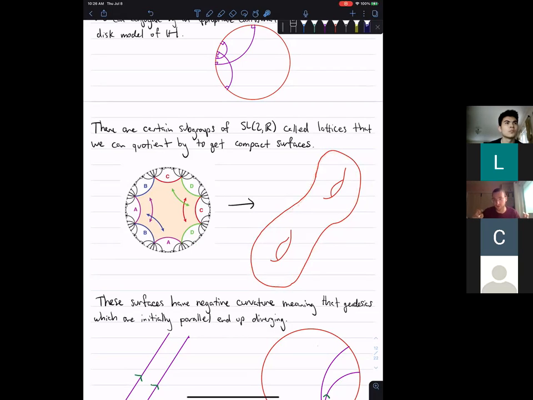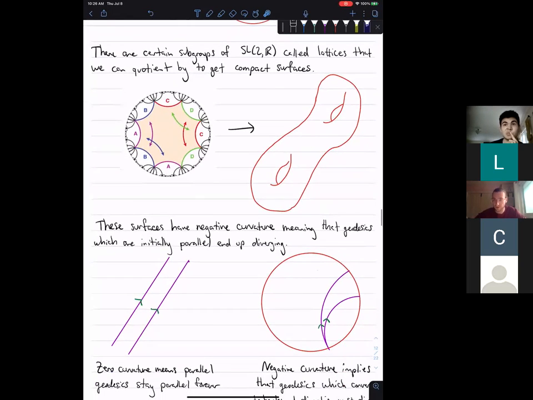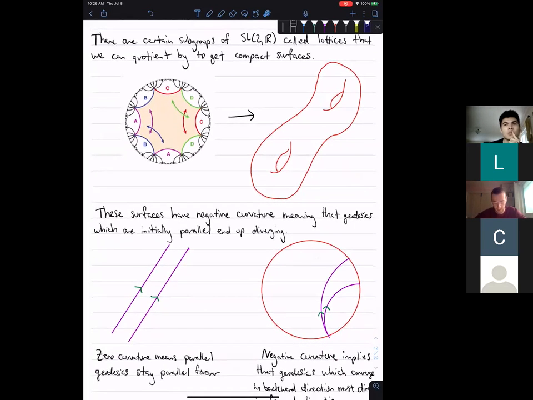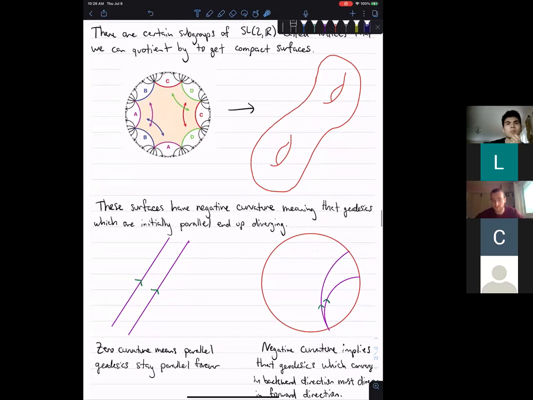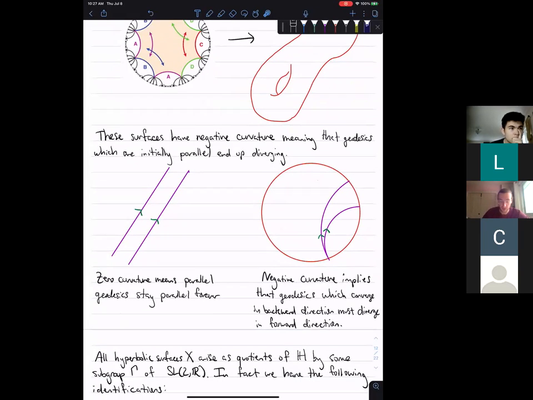This is what it looks like topologically, but the actual way of measuring distances is different. So what's important about the hyperbolic metric for our context is that it has negative curvature. I'm not going to give a precise definition of curvature, but what it means in this context is that if I have geodesics which are parallel, whatever that means, then it's possible for two parallel geodesics to stay close together for a long period of time, but then to suddenly diverge as you keep going. So in contrast to what happens in the